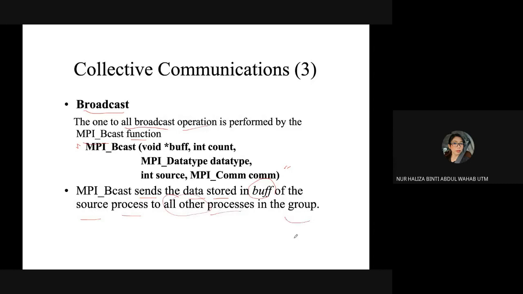Same as WhatsApp, you have the function to broadcast a message, right? This is a similar function. You can only broadcast to all in the group. If you did not save a particular person's number, you cannot send the broadcast message to them, isn't it? Same here, in MPI collective you will only broadcast within the group.